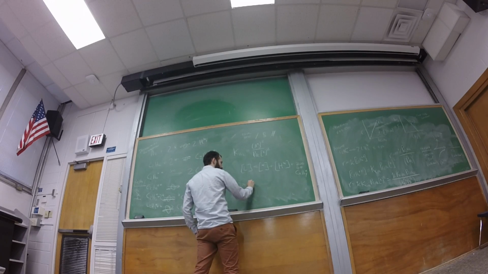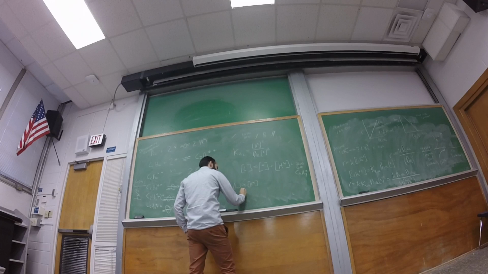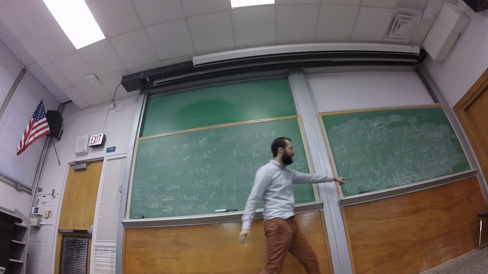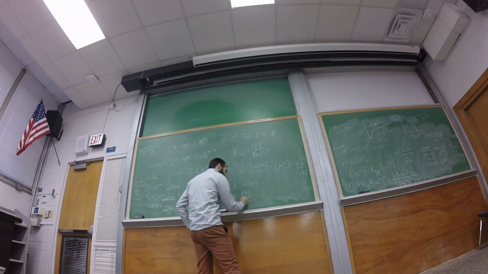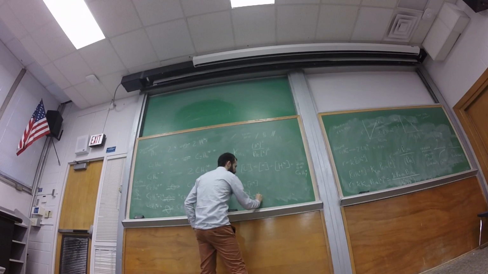L is approximately just equal to H star. And so you have already a star in the numerator. You need to divide through by the number of sites, and so you end up with this, which is equal to